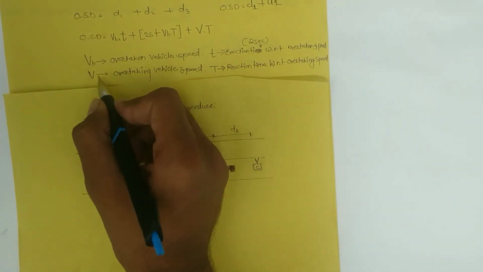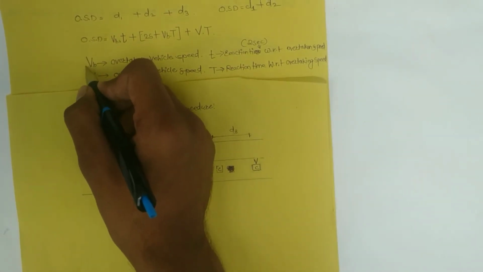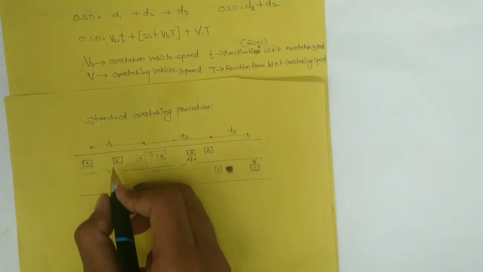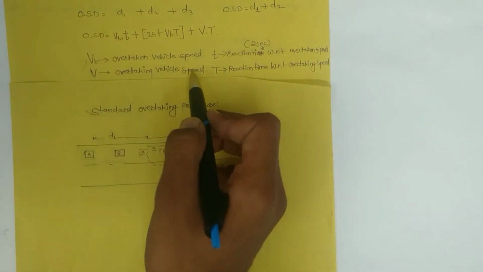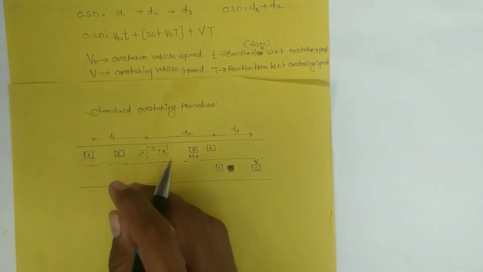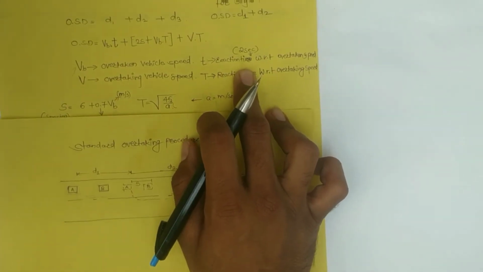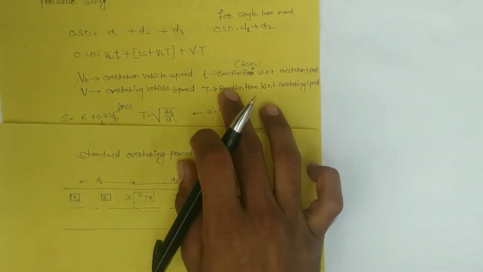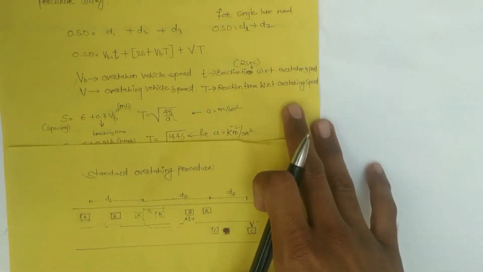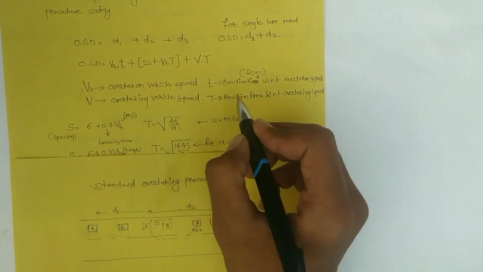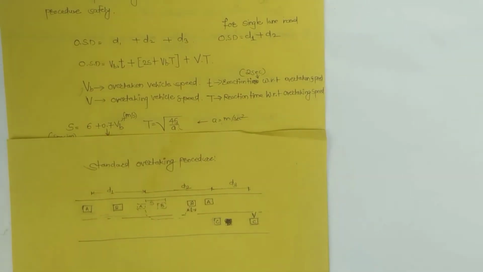Initially, the capital V, that is the overtaking vehicle A, comes down to the VB speed due to the vehicle B. But from the opposite lane, vehicle C is traveling with the overtaking vehicle speed, that is capital V. Small t is the reaction time with respect to the overtaken speed, that is 2 seconds in case of overtaking sight distance, whereas in case of stopping sight distance we took it as 2.5 seconds. And capital T is the time taken with respect to the overtaking speed, which means the time taken by vehicle C.